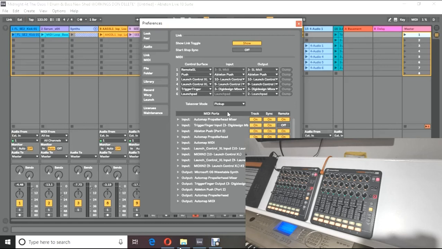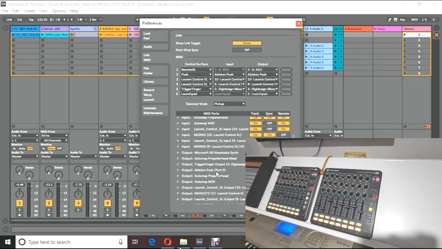So then the MIDI ports, what do we click there? We go down the inputs, Launch Control 1. See the way it doesn't say 1, it says 10 Launch. It's just to baffle you. MIDI In 2, Launch Control, ignore. It's what you've plugged in with your USB. So Launch Control 1: track on, remote on, sync off. Okay, that's 1. Go to output,